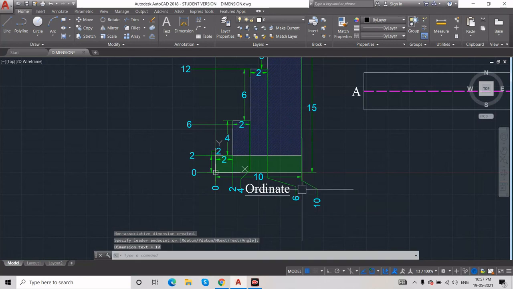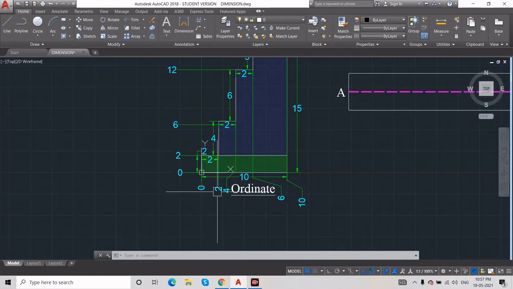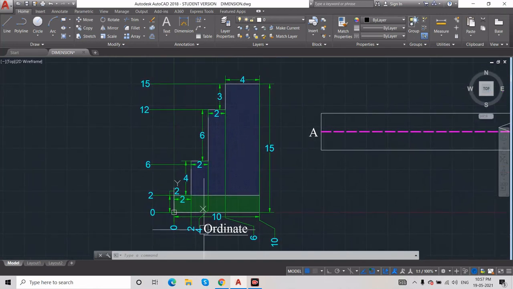See, 0 to 2, 0 plus 2 is 2, then 2 plus 2 is 4, then 4 plus 2 is 6, then 6 plus 4 is 10.